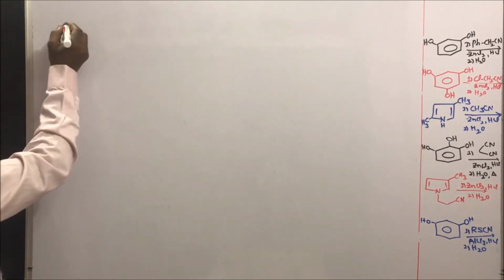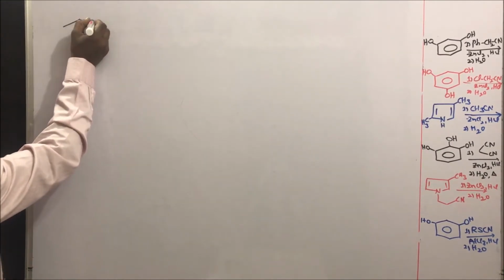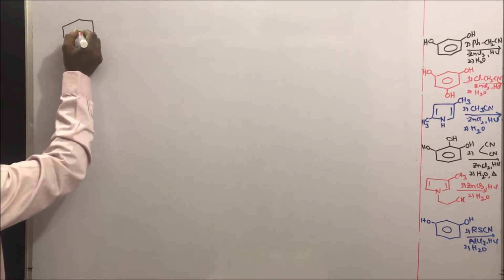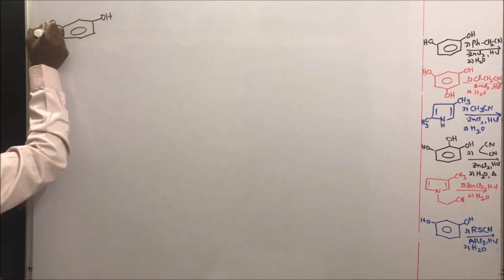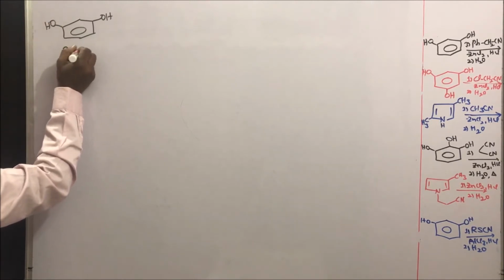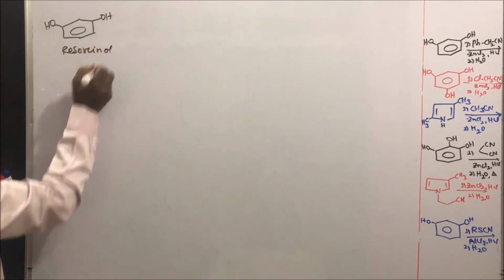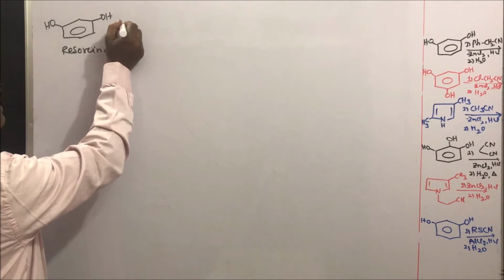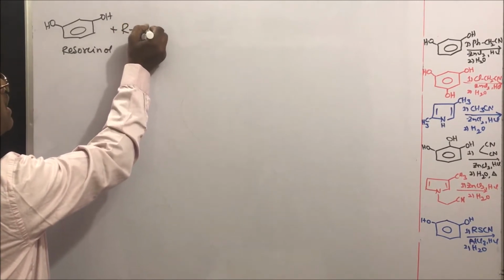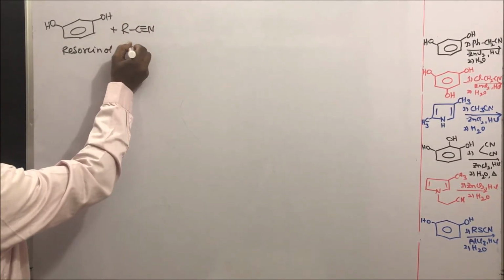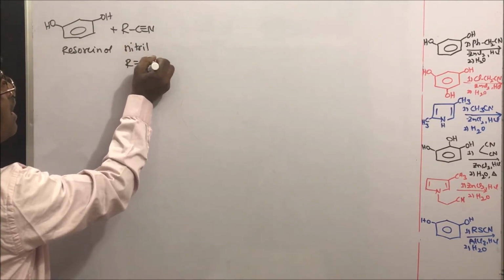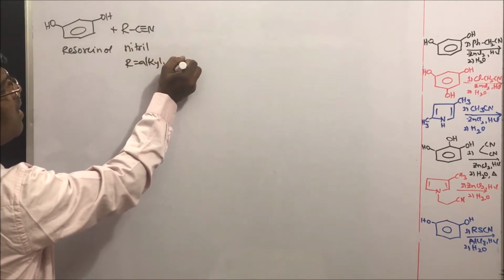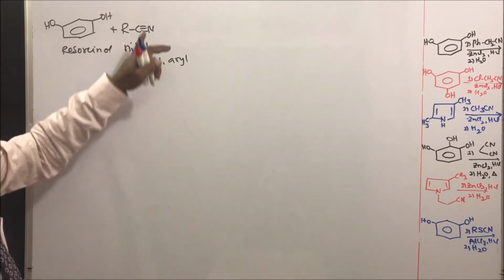Dear students, what is Houben-Hoesch reaction? Houben-Hoesch reaction is the acylation of polyhydroxyphenols. So, if I take resorcinol, this is a polyhydroxyphenol, reacting with a nitrile. Let me take a nitrile. This is the nitrile, with alkyl or aryl, whatever may be the R group,